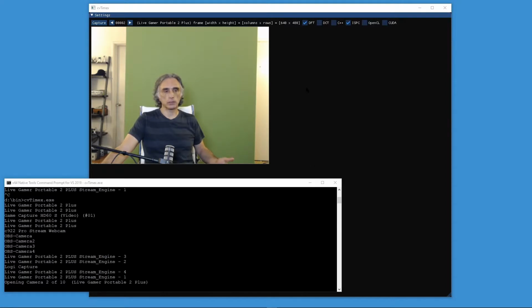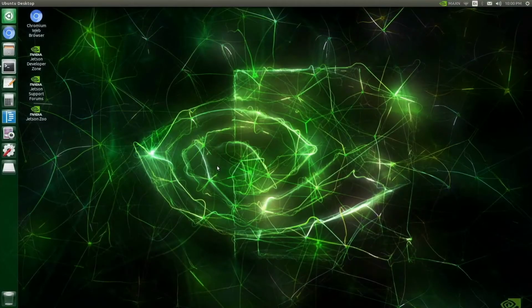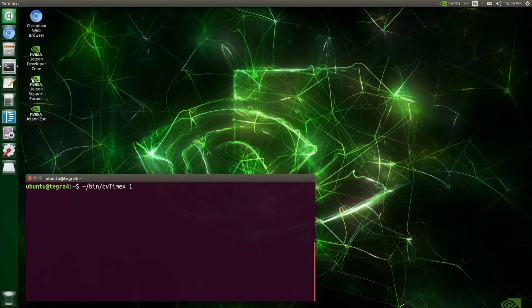I can run it on different platforms. Maybe down the line I can do a comparison with Windows, but for now the subject is Jetson Nano, so I'm going to switch to the Jetson Nano platform. So here you see the Jetson Nano desktop, and I'm going to run the application,